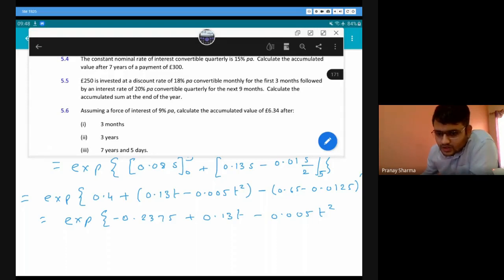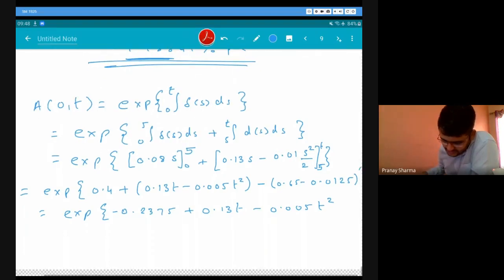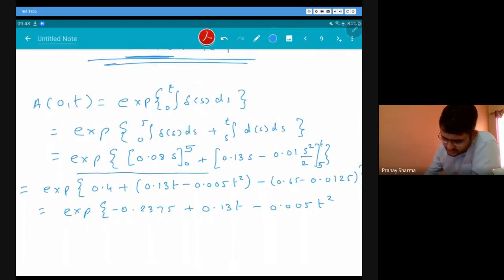So would different delta equations come as a power of the same exponential? Yes, we can get that, but they will be for different times. Like here, this is nothing but e raised to two different integrations. So one was going from 0 to 5, the other was going from 5 to t, or 5 to 8, or 5 to 10, whatever time period we had. But we will not have two different deltas for the same time period.